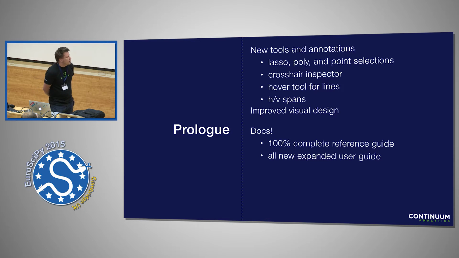Docs are another thing that's been getting a lot of work lately and will continue to get more work, so we certainly heard what people have said. Some of the things that are new or recent in Bokeh are, for instance, a 100% complete reference guide, so we automatically generate our reference docs, with information about all the available properties, including reference plots and live plots inside the docs. But another really nice new feature is a completely new user's guide, and it's actually been written from the ground up. I want to point that out because I think it's really important and a great source of information. So let me jump